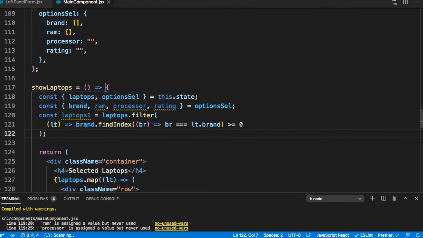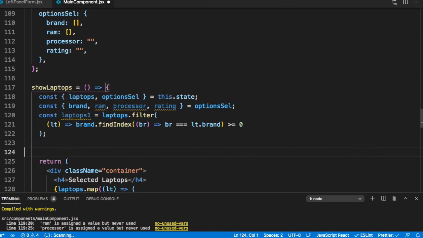So for each laptop we are checking in brand, finding the index of lt.brand. Does that brand of lt exist in this array? If it exists, it will get a findIndex of greater than or equal to 0, then we will filter it. Similarly, now we need to do the next filter. const laptops2 is laptops1, so we are taking the output of the first filter.